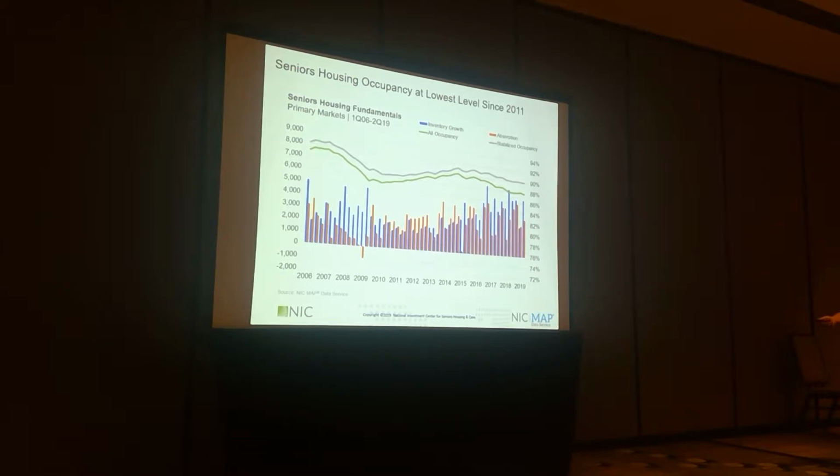Just with regard to the business cycle, I want to point out that we've got a full cycle here. Beginning in 2006 and sliding into the recession, we had high occupancy rates, but as the recession picked up speed, occupancy rates began to fall as inventory growth picked up and absorption stalled because people just weren't moving into seniors housing like they had been in the past. For a number of reasons, the economy being one, the inability to sell their homes being two, general concern about the economy, people not wanting to move in, really put the brakes on absorption and